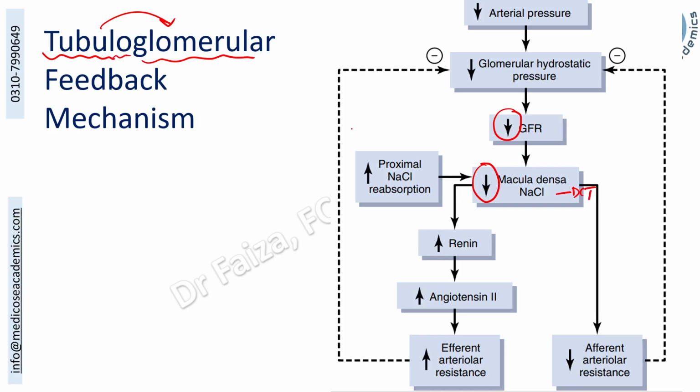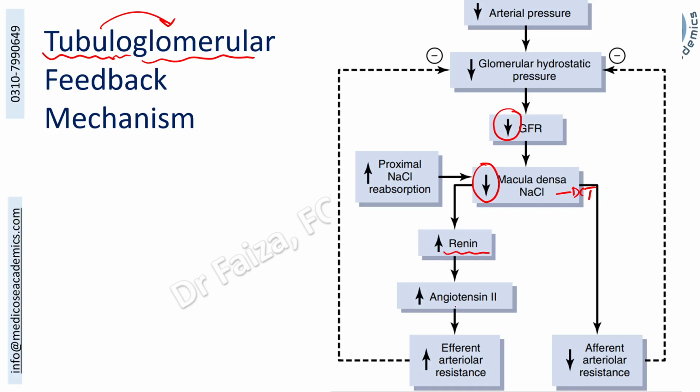This will sense and send the message via the autocoids to the afferent and efferent arterioles in close proximity to release the renin, which was stored in the juxtaglomerular cells. This renin will lead to